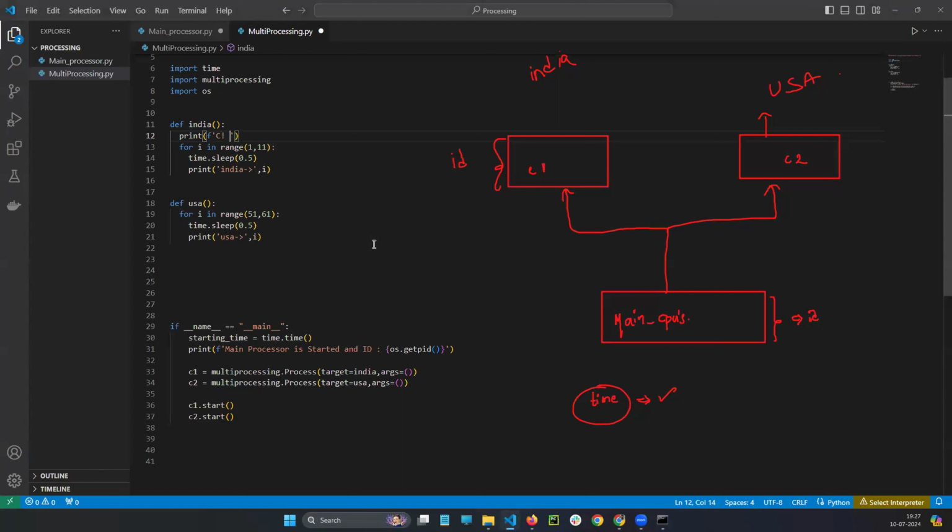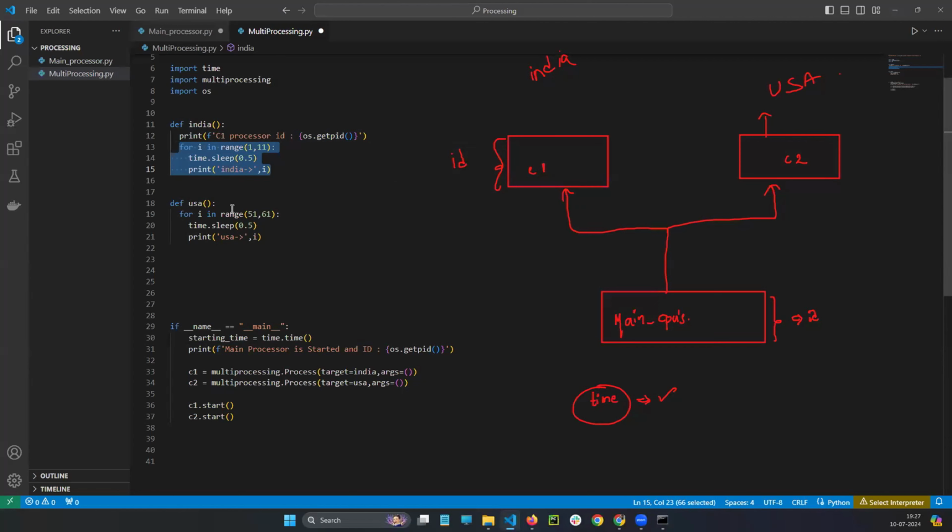See, C1 processor ID. Okay, os.getpid, get processor ID. So C1 ID will come. After the C1 ID comes, the for loop will run, waiting every 5 seconds.